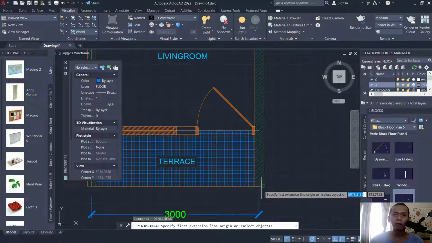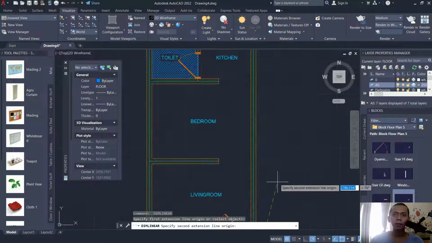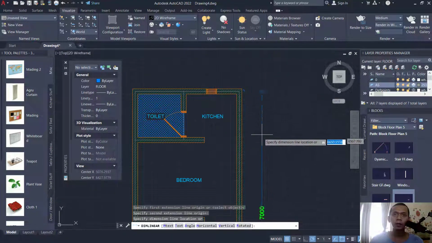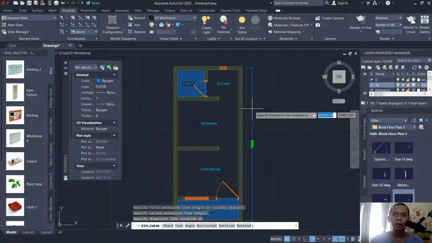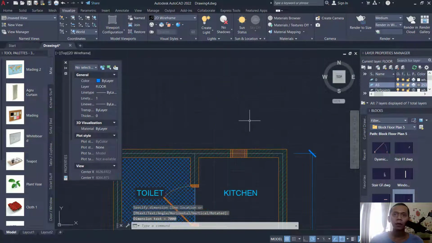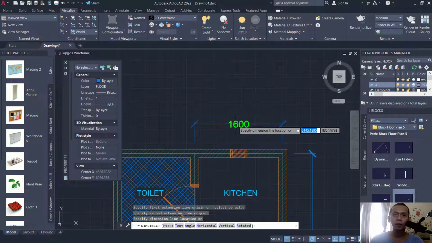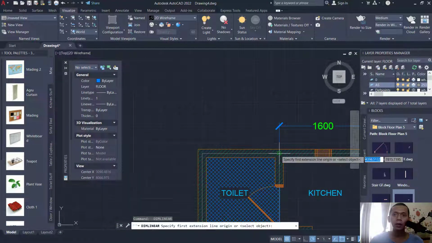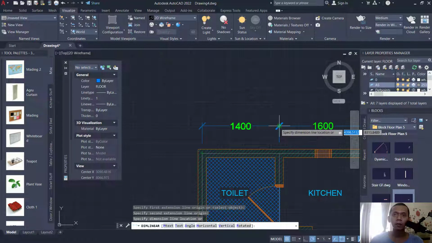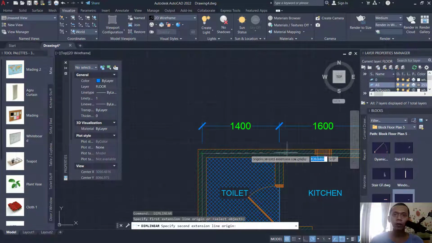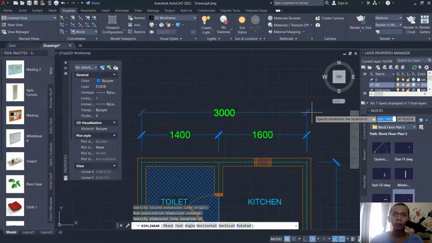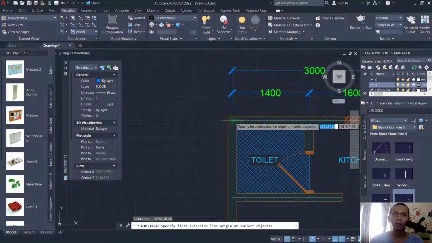We create again from this point into this point. Okay, the next from this point into here, and then in here. The next from corner point into corner point, and on the left.